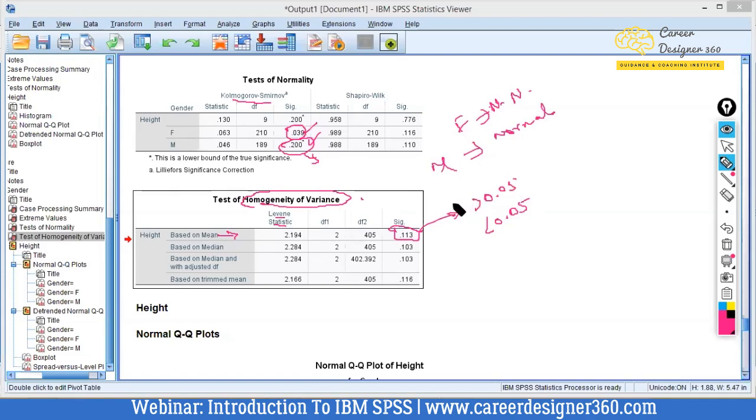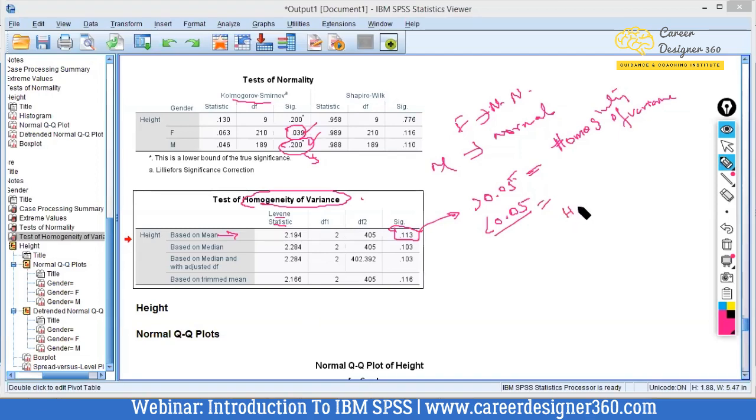If it is greater than 0.05, or the level of significance which we take, then we say that there is homogeneity of variance,